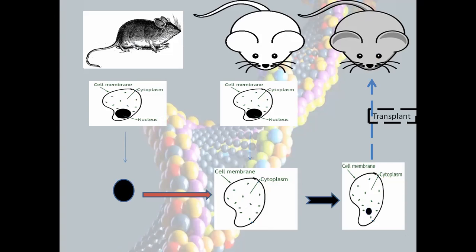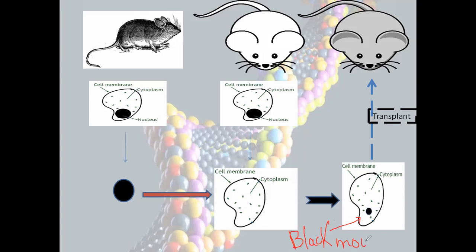What is the meaning of anucleated? It means that it lacks a nucleus. So we take an anucleated cell from the white mouse, and we inject the nucleus from the black mouse inside it. So here the result is, the nucleus is from where? From the black mouse. And the other cell compartments, like the cell membrane and the cytoplasm, are from the white